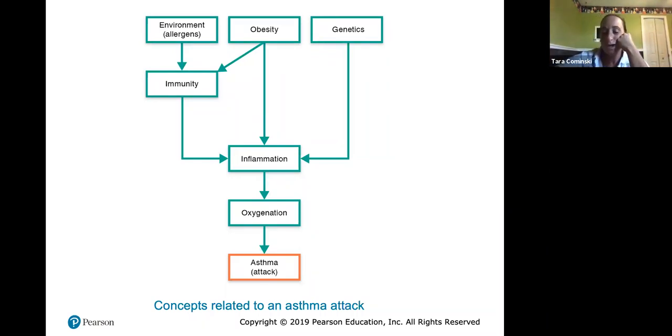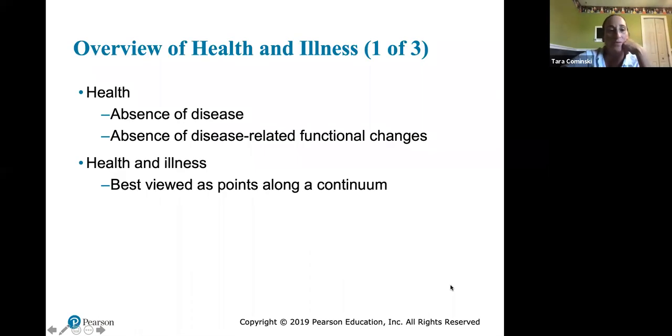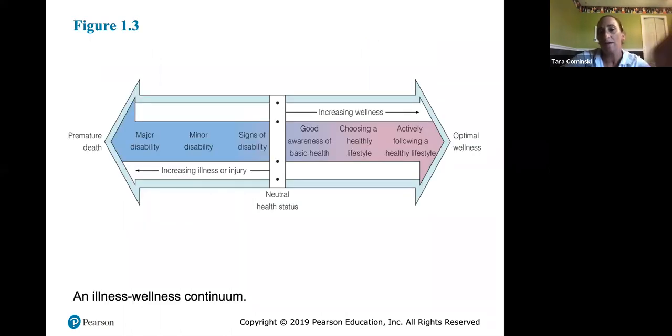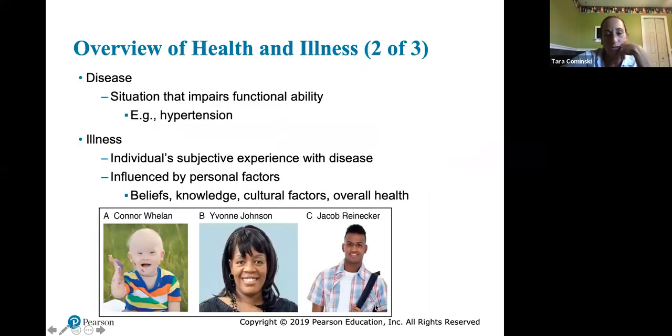Right? Other questions? Okay. So this is really just some of the terminology, right? Health and illness talk about a continuum. I think everyone probably agrees with this sort of idea, right? One other thing that I wanted to just mention.